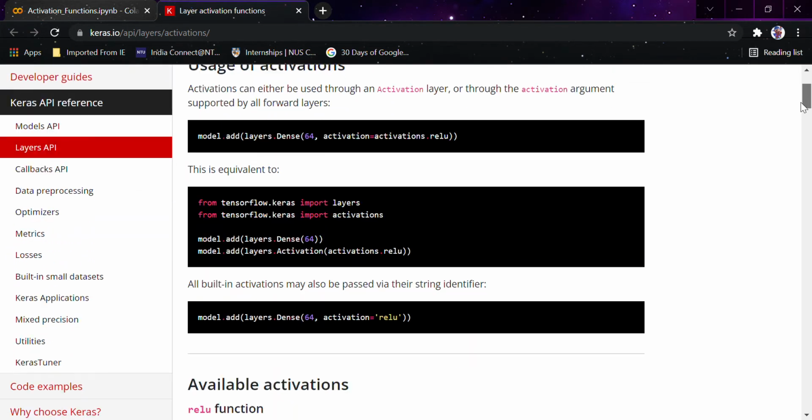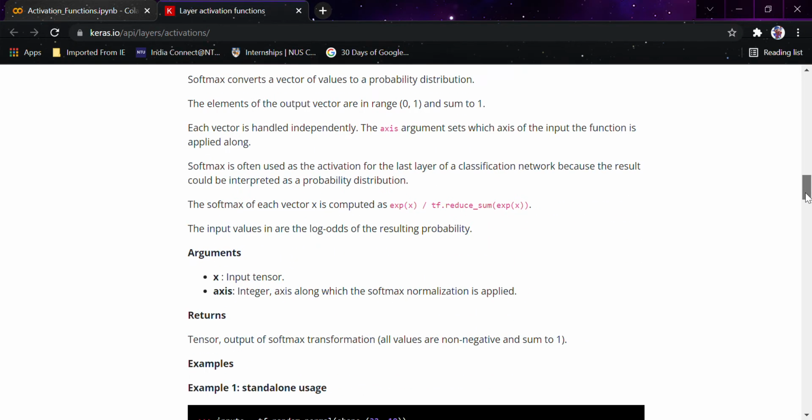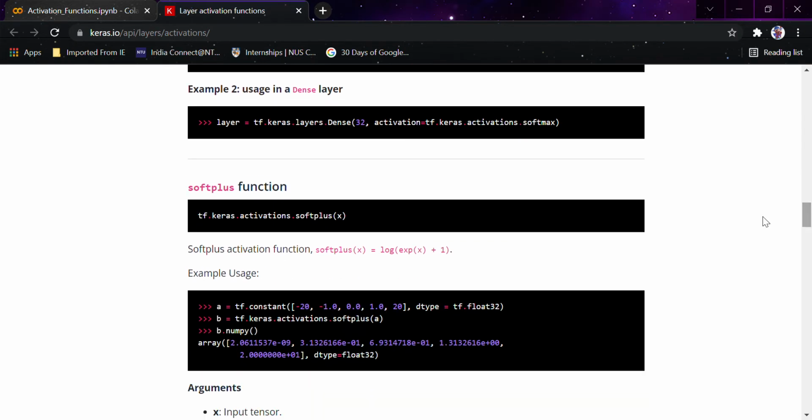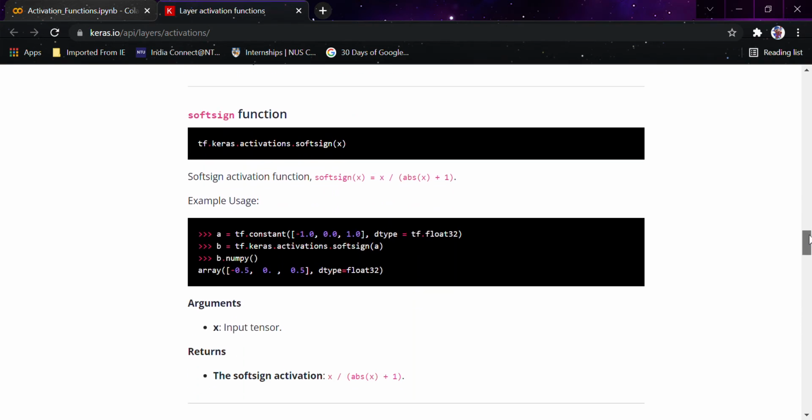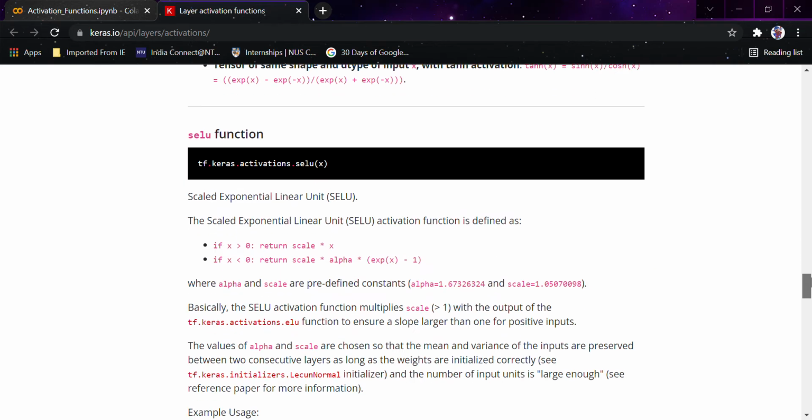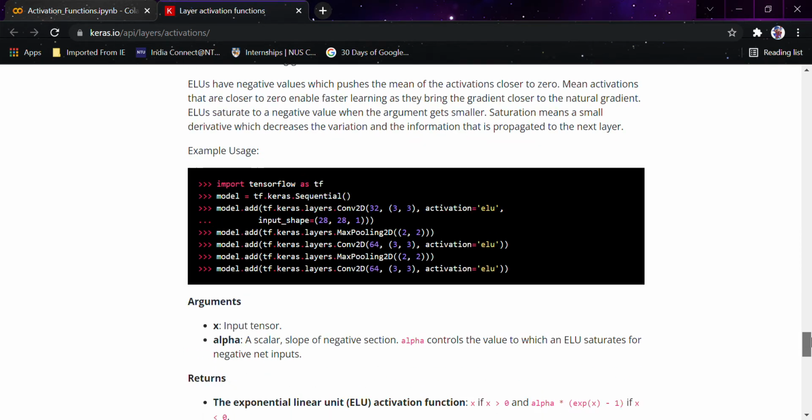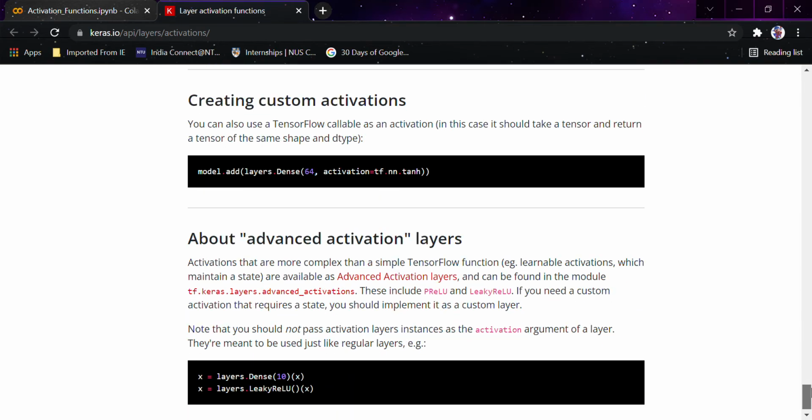Similarly, a lot of activation functions are present. Sigmoid I already told you about, and then you can see the softplus function we were talking about, and even the formula of the activation function has been written. Whenever we talk about each activation function in detail in future videos, we will even look at its mathematical implementation. So this was softplus, then softsign, then the tanh function, the SiLU function, then ELU, and then the exponential function.